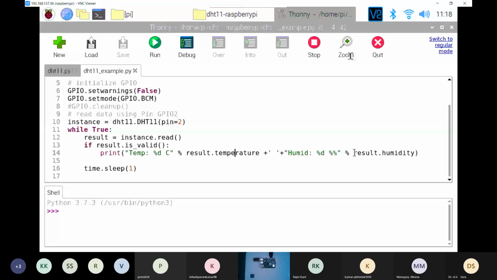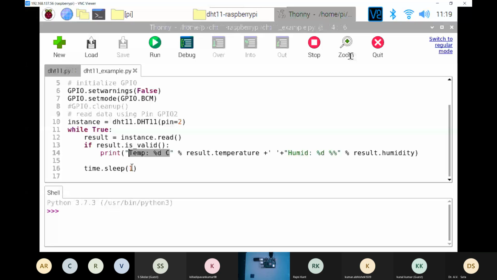result.humidity also from DHT11.py. And from our side, we are just defining humidity and temperature, which are fixed text that will appear every time. And here time.sleep, in Arduino part, we used to define delay. In Python, we have to define time.sleep, sleep time, which is basically a delay. So we are defining it for 1 second. Also in the Arduino, we used to define in microseconds, whereas in Python, we are defining in seconds only.